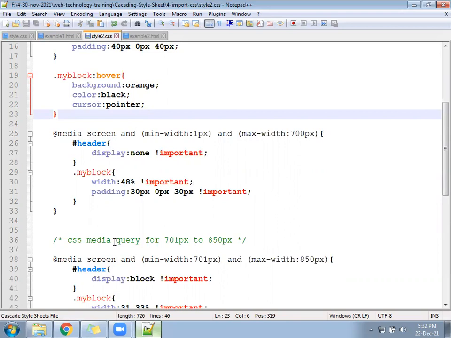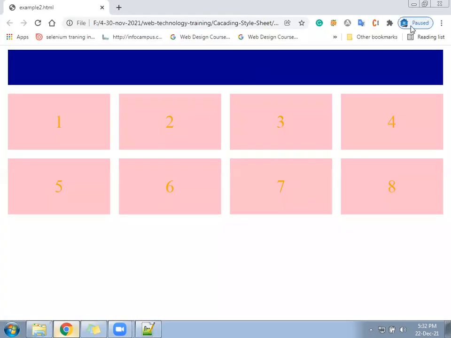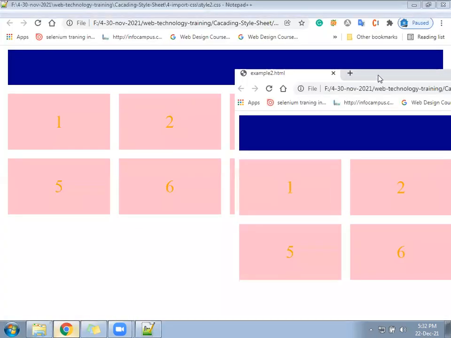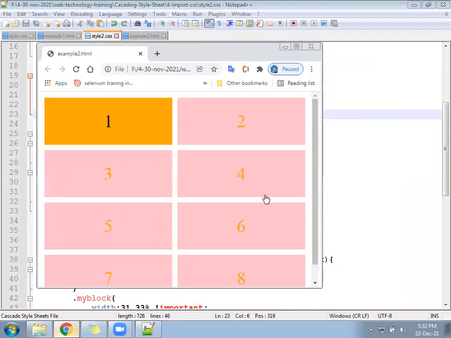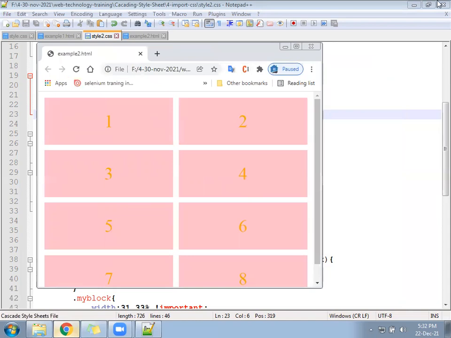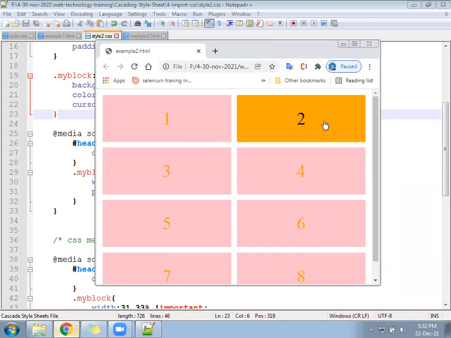So when I go here, you can see the browser window. This becomes your window, and your screen is the full screen. But how much is the window size? This much, correct?